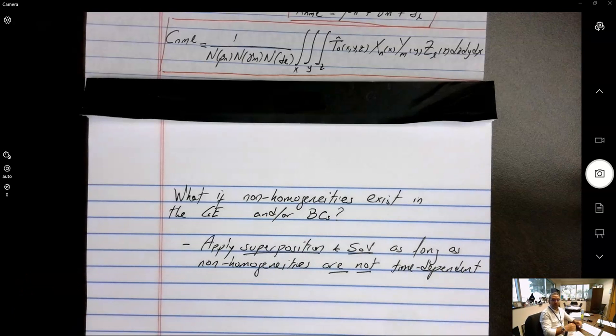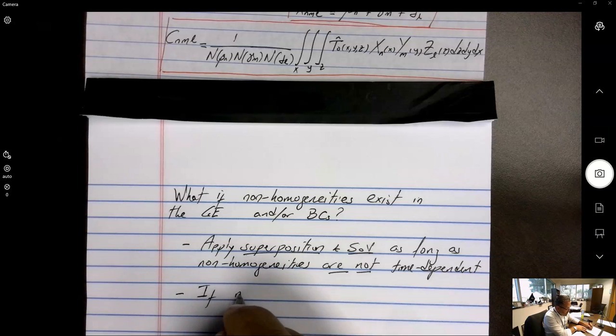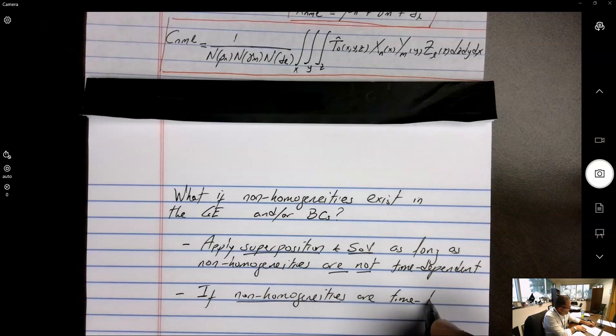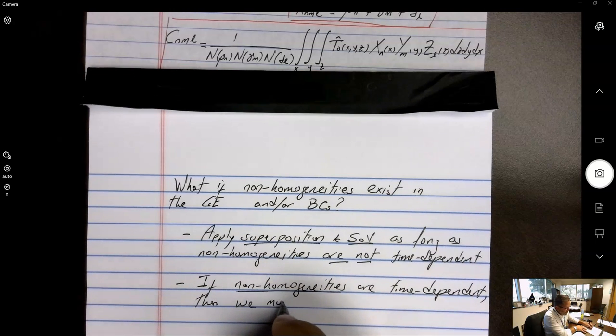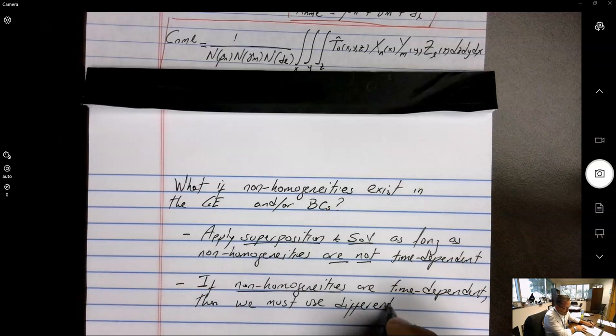If you have a boundary condition that depends on time, let's say a temperature that changes as a function of time in one of the phases of the cube, or a flux that depends on time, or generation terms that depend on time, which is physically plausible, then this combination of things doesn't work. If non-homogeneities are time dependent, then we must use different methods,